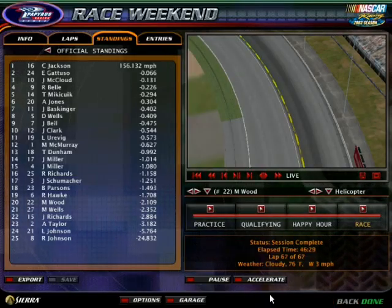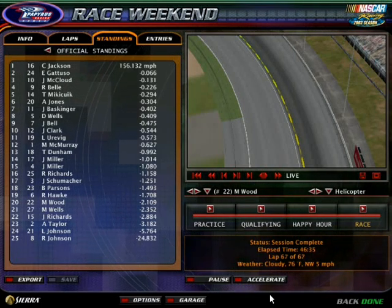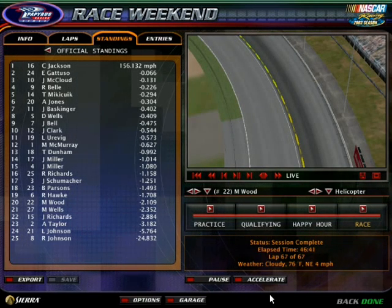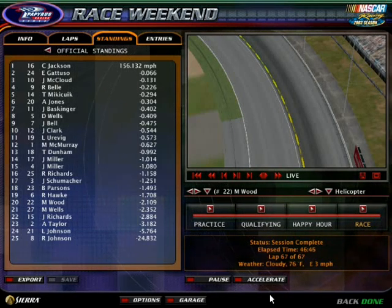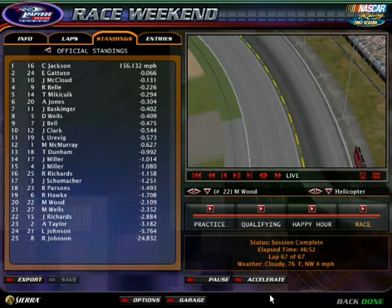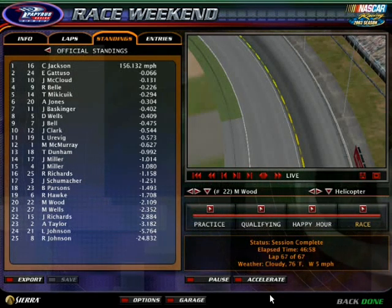So here's your unofficial standings. We have Charles Jackson, Evan Gattuso, James McLeod, Red Bell, Thomas McKickiewicz, Alex Jones, Jake Baskinger, Danny Wells, Jake Bell, Joseph Clark, Liam Irving, Matthew McMurray, Trent Dunham, the Miller twins, Jennifer, then Jessica, Ryan Richards, Jordan Schumacher, Brandon Parsons, Ricky Hawk, Mason Wood, Matt Wells, Jack Richards, Alex Taylor, Lily Johnson, and Richard